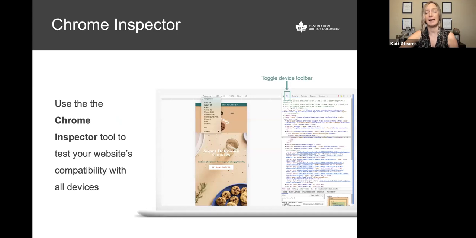One thing that you can do to test it: some of us might not have the functionality to quickly and easily go on our phones and do this. You can actually use Chrome Inspector to test your website's capabilities on different types of devices. So if you are using Chrome as your browser, within there, there's a little Chrome Inspector where you can look and see how your website is going to look